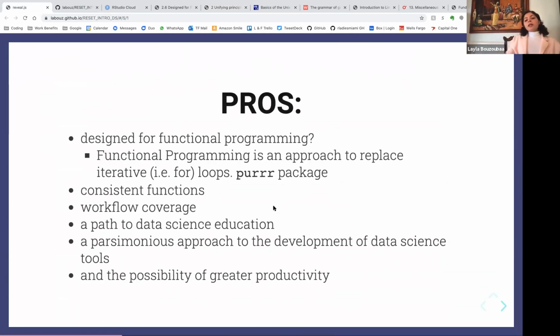There's also one thing I want to mention is that you may hear that the Tidyverse is, okay, let's see,